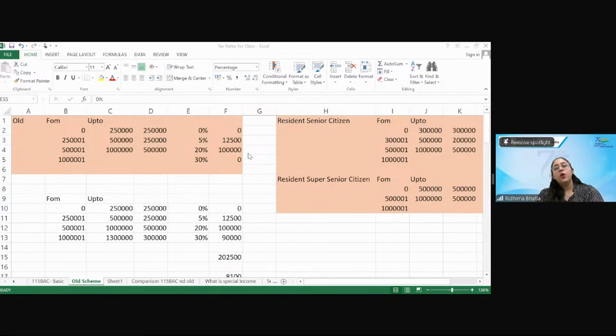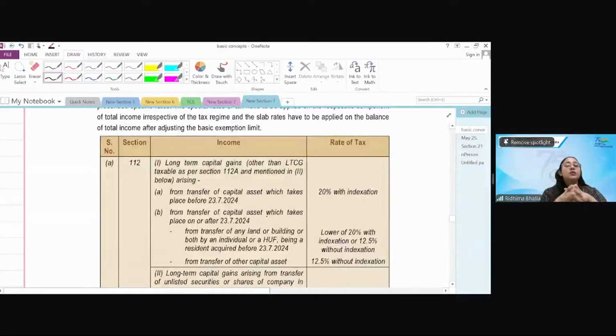Now, we were on the topic of special rates. As I told you at the beginning of tax calculation, income tax is not just the normal slab rates. On special rates, irrespective of whichever regime you are, special rates would be applicable. So, suppose I have an income of 30 lakhs, out of this, 10 lakhs is special rate income and 20 lakhs is